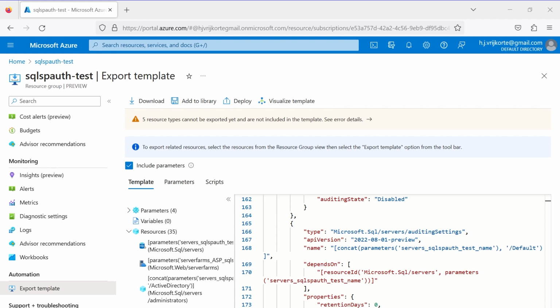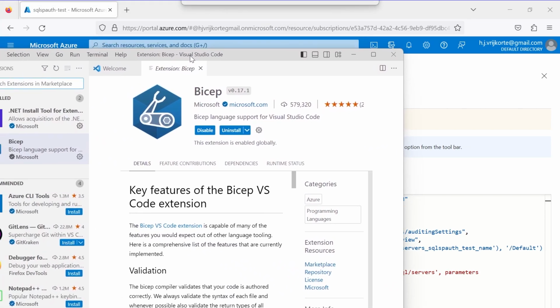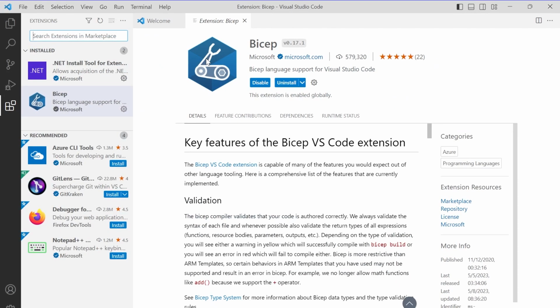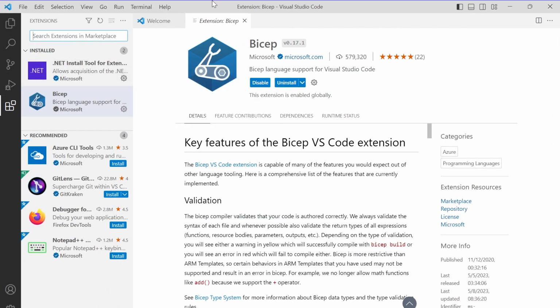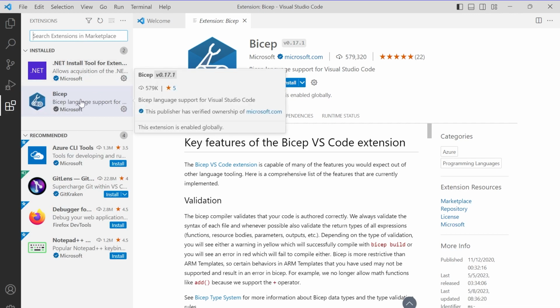It's called Bicep. So you can search here for Bicep, and then it shows this extension. If you click this button, you can search extensions, and if you then search Bicep, and this one shows up, and you install that, then you have support for the Bicep language in your editor.